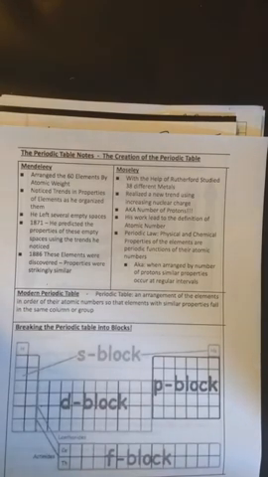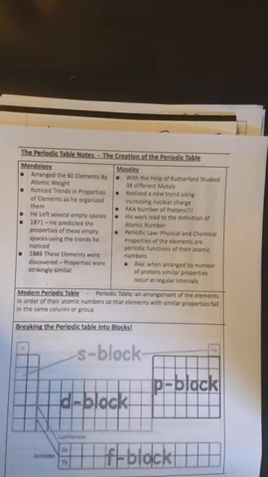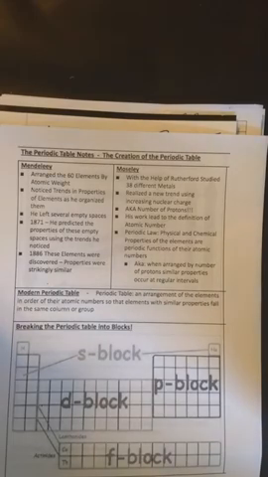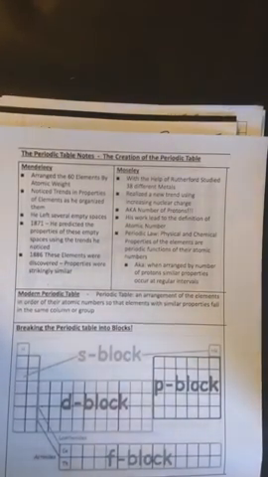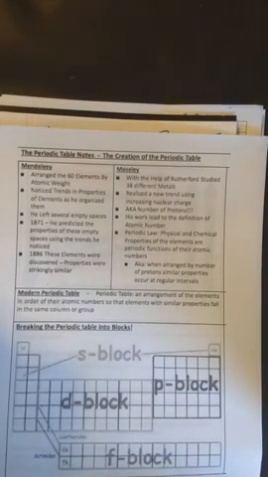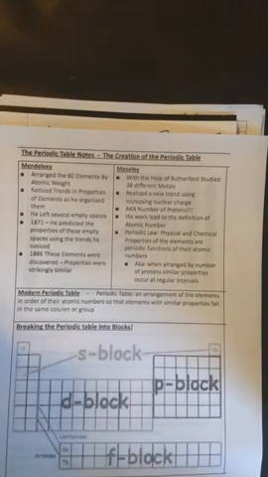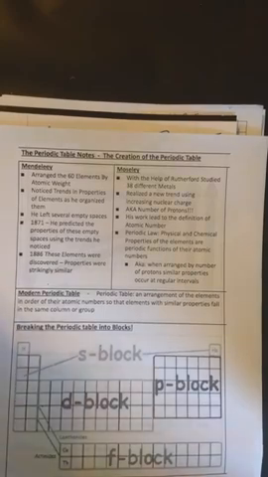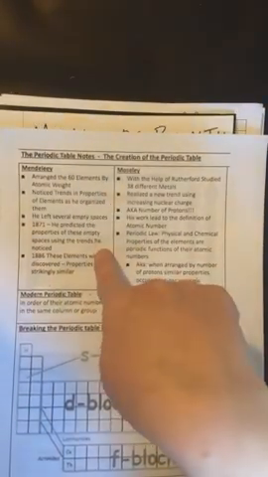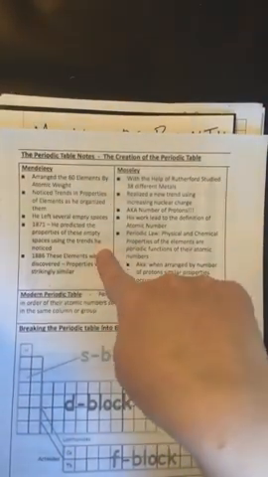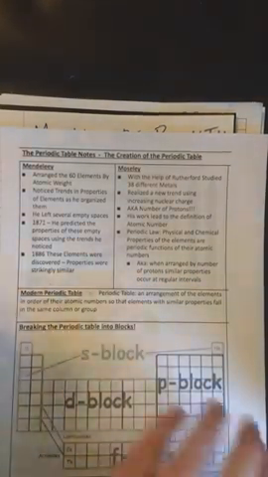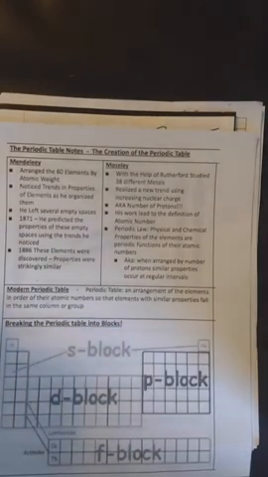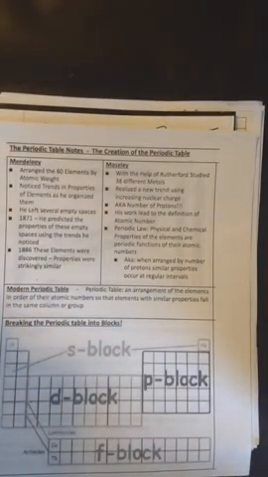And what actually ended up happening is that later on they discovered some new elements, and they fit perfectly into those empty spaces and they fit with the properties that he predicted. So he was able to use these patterns that he observed to predict what these undiscovered elements would be like. Now, the next guy to do the periodic table was Moseley, and he was working with Rutherford